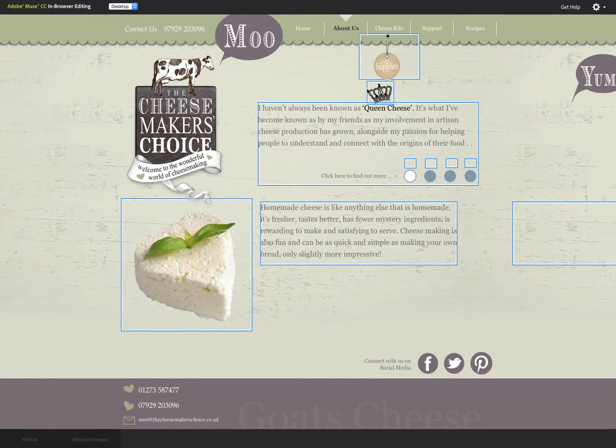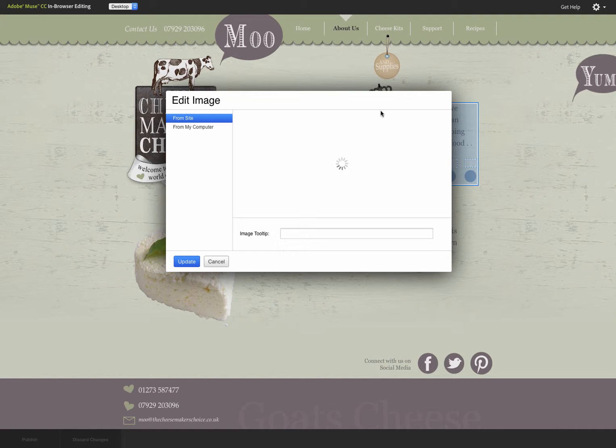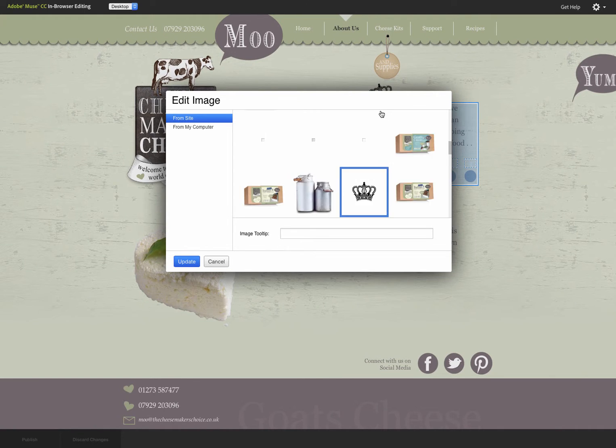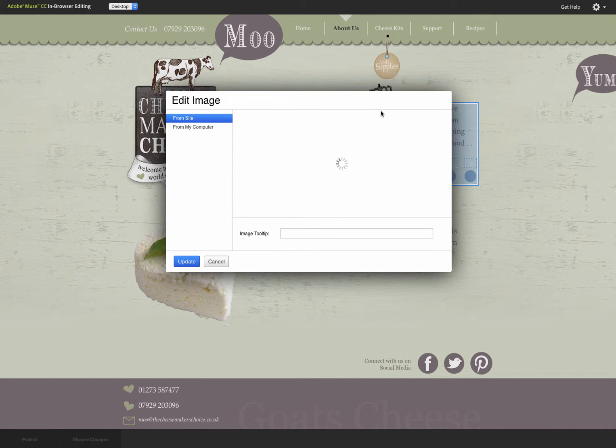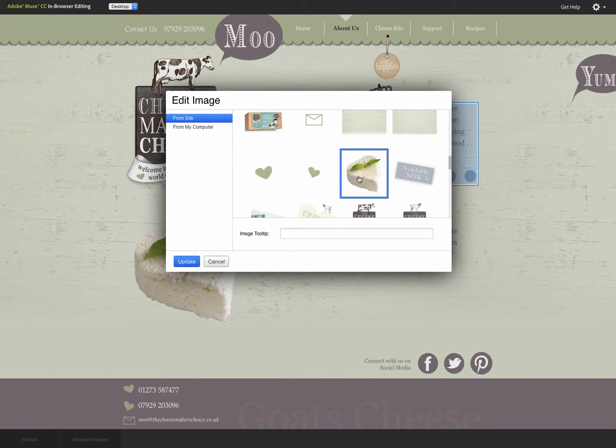So let's go back to that About Us page. I'll just show you how the editing for the photographs works, and it's quite clever really. We've got a little crown here which is a small size. Now if we edit that crown, it pulls all the images that we've loaded up for you in the back end of the website. Now we'll go to this cheese image here because I know that's a lot larger, but you'll see when we click on that cheese image and tell it to update it,